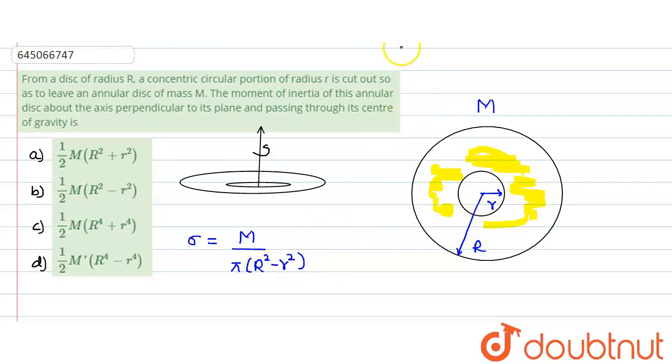Now how to get the value of the moment of inertia? We will be using the method of integration. Let us draw a concentric ring. It would have some thickness. Basically it is just a ring, so it looks like an ellipse, but it is just a ring. Let's say it is at a distance of a from the center and the thickness of this ring is given to be da. Now each element of this ring would be at the same distance from the center.